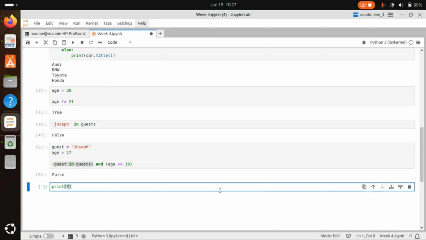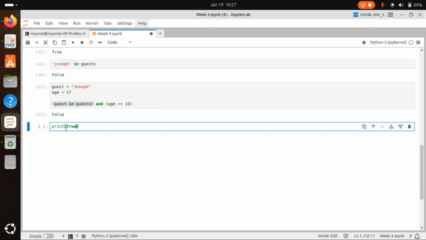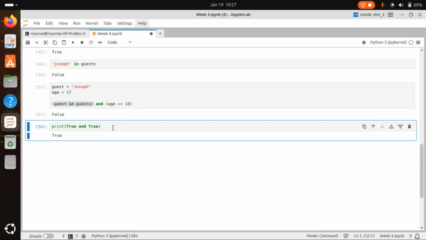So this True, you can see I'm deliberate about how I write it. It's starting with capital letter T, or let me say it's in title case. I'm very, very particular about how it is, right? So I can say print True and True. That is number one. So True and True is going to be True because